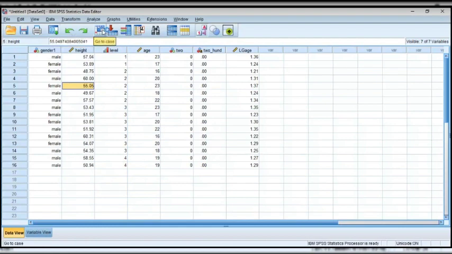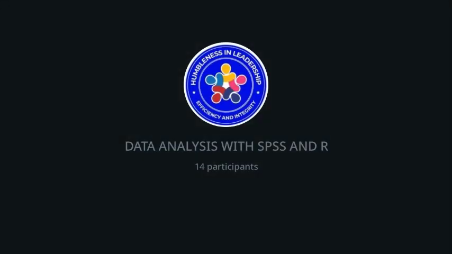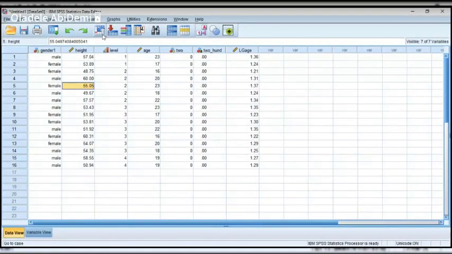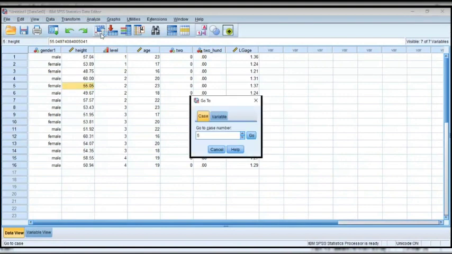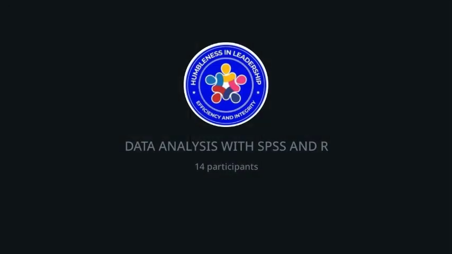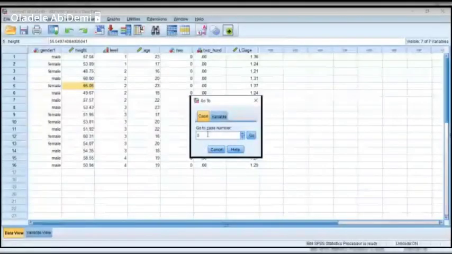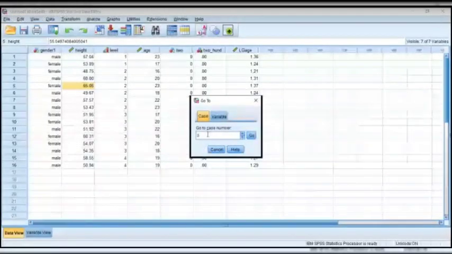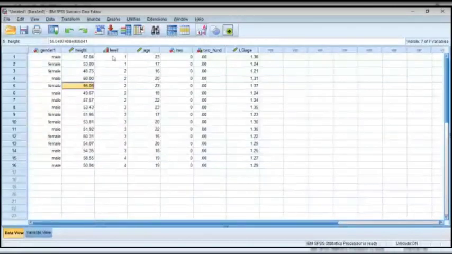Now, I'm coming to this ribbon. Let us look at some few things on it, and we are done for tonight. This particular button is for us to go to a particular case. Maybe we are dealing with a very large data set, and we are looking for a particular case. What do I mean by case? Now, I'm looking for respondent 200 in a very large data set. I don't want to be scrolling. I don't want to be going far before I do this. I can just click this particular button.